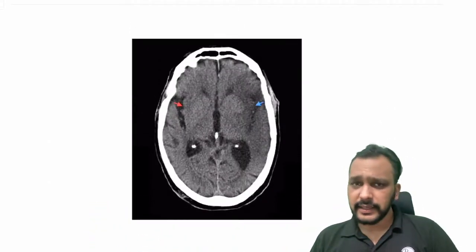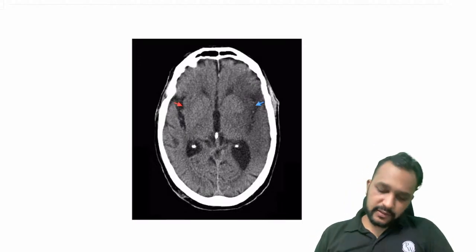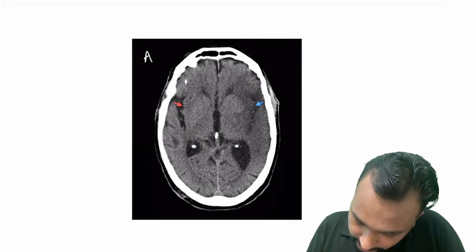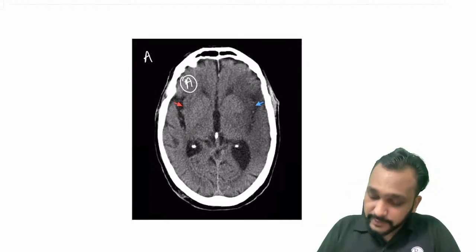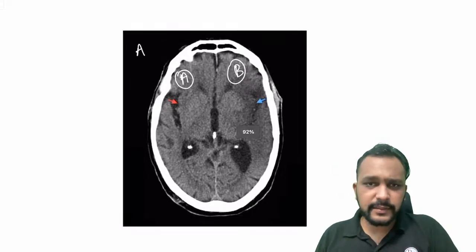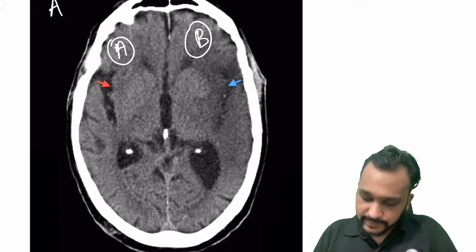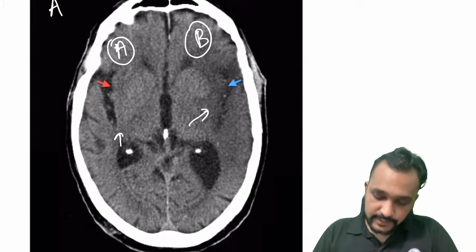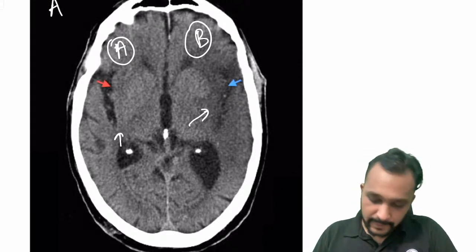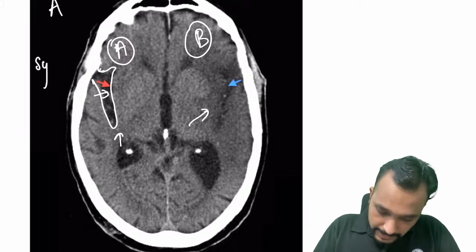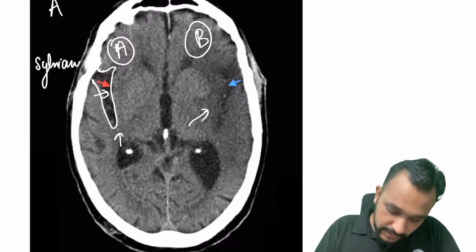Another very important sign. So guys, first of all, these are two regions. Let me label them as A. This is the right cerebral cortex, and this is the left cerebral cortex. So if you look at this image very carefully, you will see that there is a hypodensity in the region of the left cerebral cortex, whereas the right cerebral cortex is normal. And if you look, this is the Sylvian fissure, and the cortex just below the Sylvian fissure